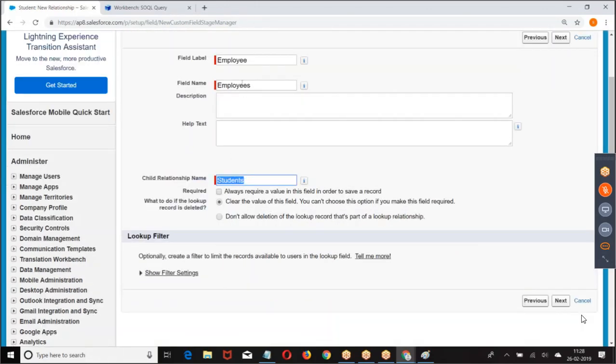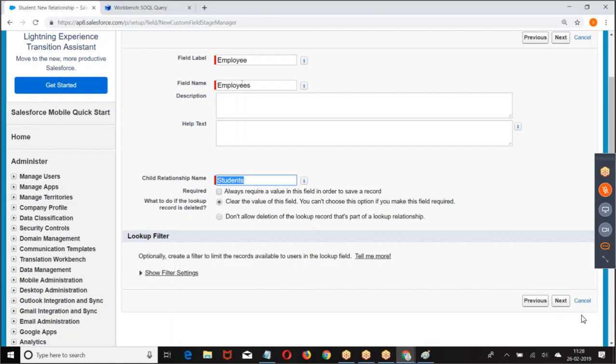By default, if the child object is student, the relationship name is going to be students. If we change it, whatever name we have given, that we have to use. By default it comes in plural form: employee gives employees, student gives students.